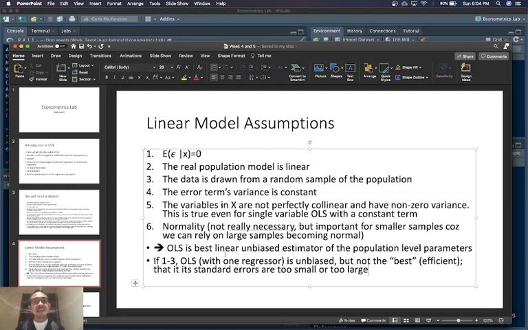Now, if it's 1 to 3, it's unbiased but not the best or most efficient. So it's distributed around the true population value, but the distribution is wider. The errors are wider, right? It's possible to get a sample estimate that is really, really far from the true population value. Okay, so it's not the most efficient